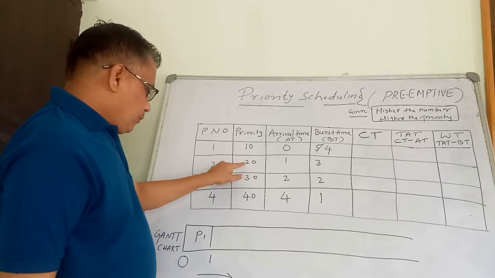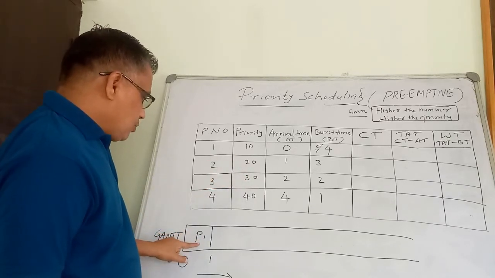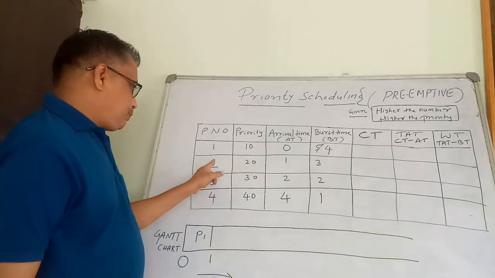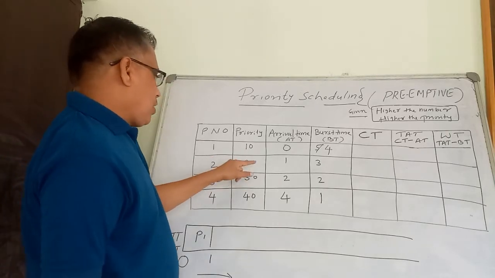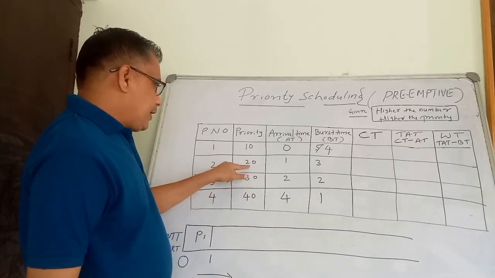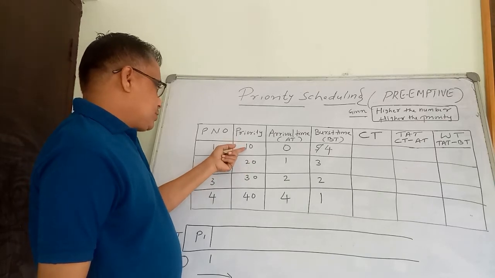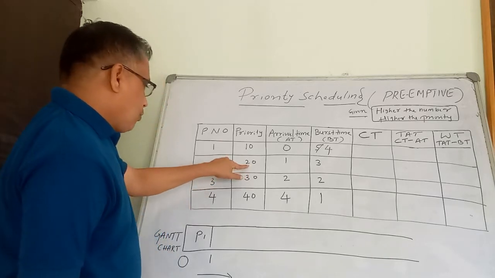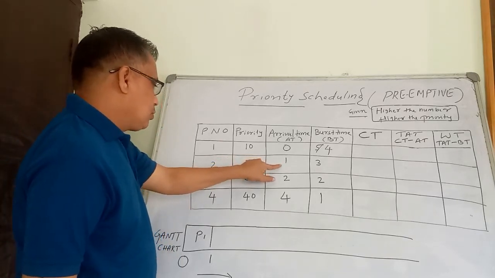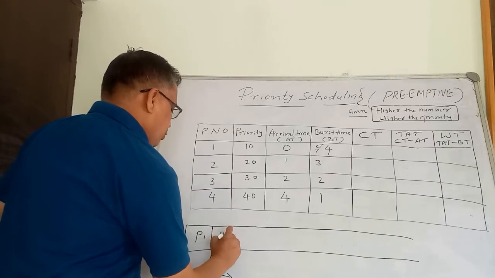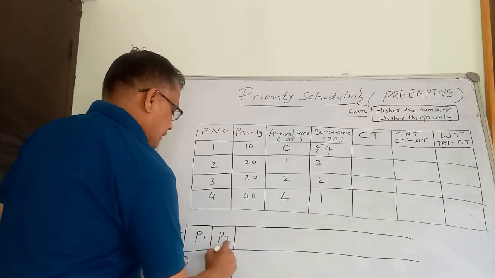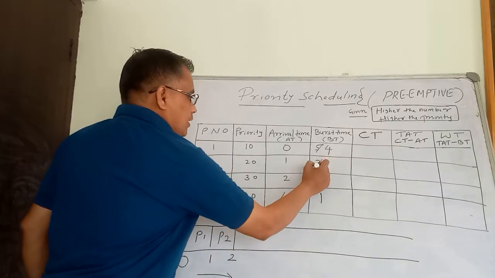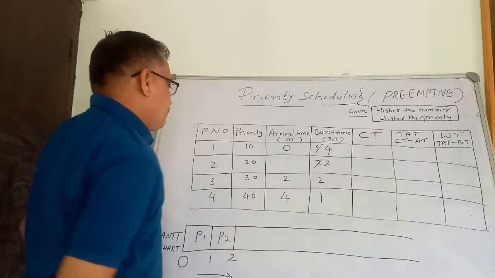Right now process 1 is in the running queue. This particular process P2 has to be brought in, and its priority is 20. It is more than process 1. Process 2's priority is more than process 1. Obviously, what we have to do? You have to schedule this P2 process for 1 second. 1 plus 1, 2 it will come. So 3 minus 1, 2 remaining.